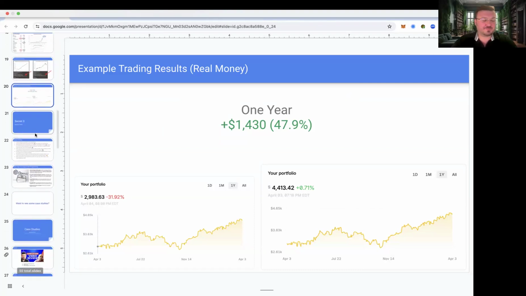Very cool. Again, pay attention to the disclaimer. We're not guaranteeing any kind of returns. I'm just showing you what's happened. You know what I mean? And if you guys want to have access to it, we can give you access to it.